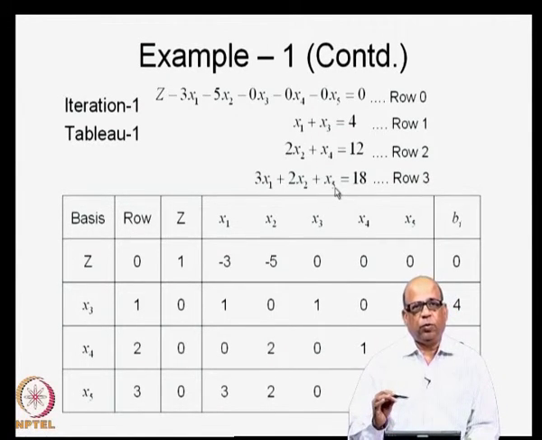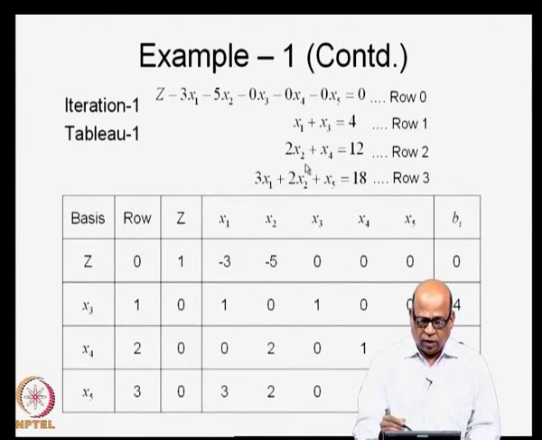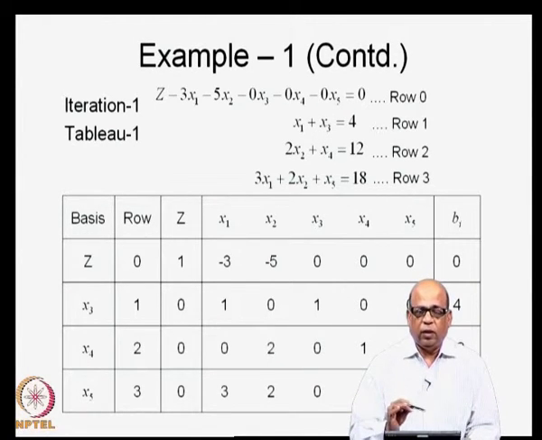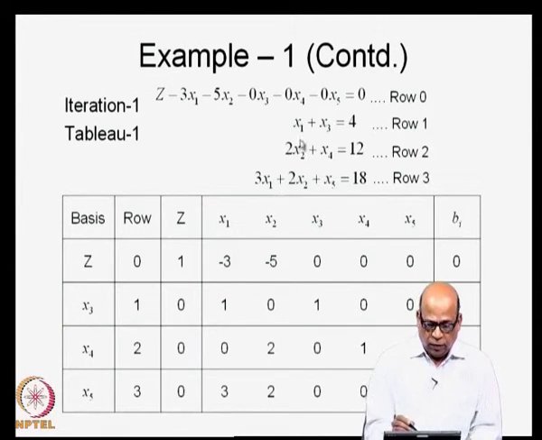As I mentioned, we should start with an initial basic feasible solution, and typically in cases like this where you have one slack variable associated with each of the constraints, you start by setting the original variables, in this case x 1 and x 2, to 0, which means you choose the original variables to be non-basic. Typically, what we are then doing is starting the solution at the origin, x 1 is equal to 0, x 2 is equal to 0. So, these are the non-basic variables x 1 and x 2, and you choose the slack variables x 3, x 4 and x 5 as the basic variables.